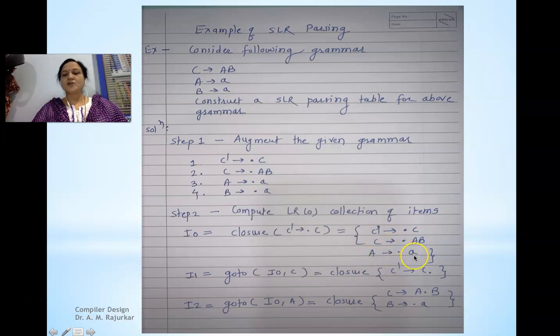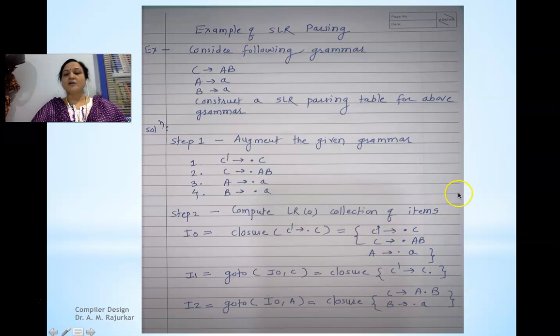Now here after the dot a terminal is there, so we are going to stop the computation of closure, because after the dot a non-terminal is not there, there is a terminal. So this is the I0 state. Now the productions of the I0 state are C dash tends to dot C, C tends to dot AB and A tends to dot A. Now from I0 we are going to compute the states of the DFA